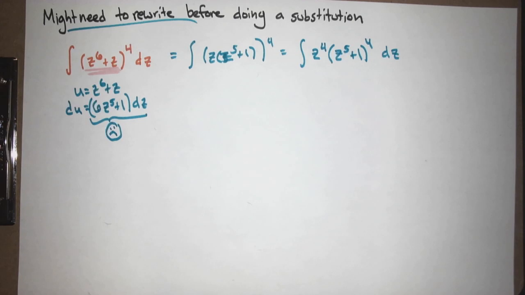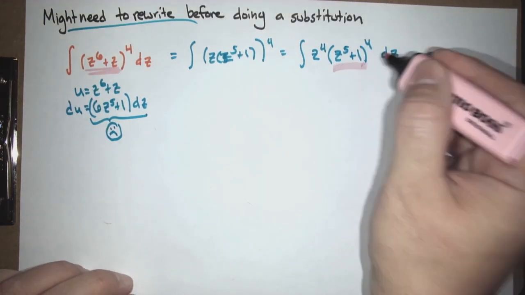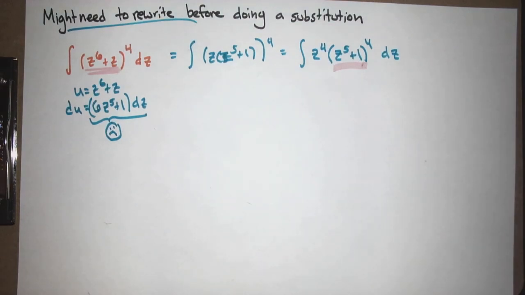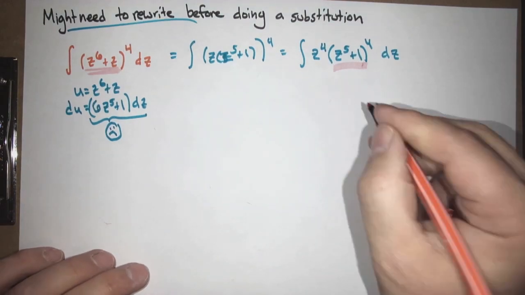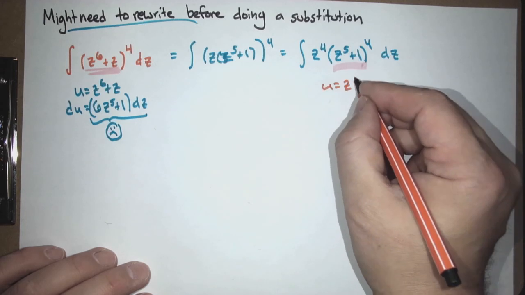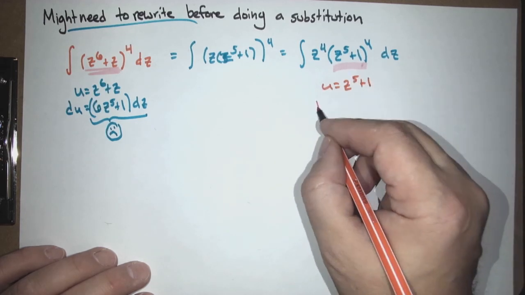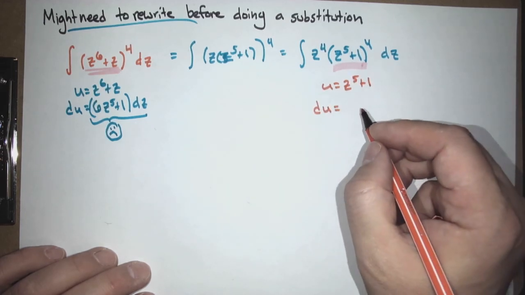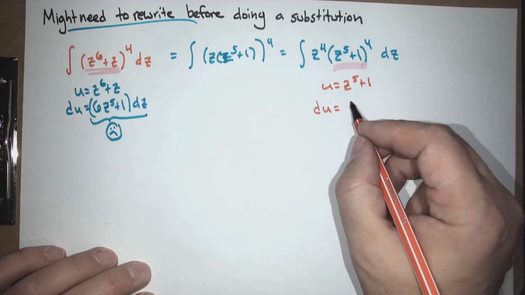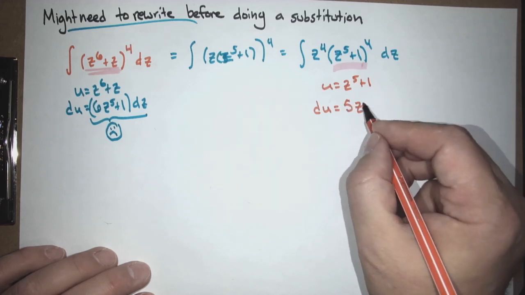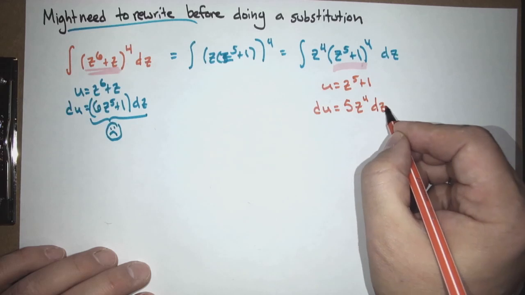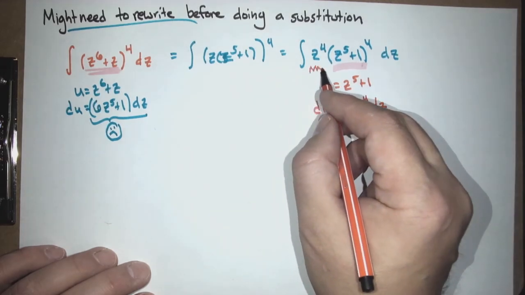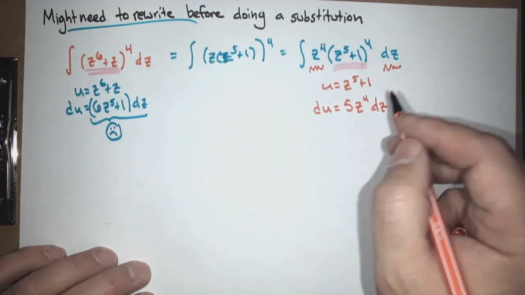Let's try something here. What's a candidate? z to the 5th plus 1. Okay, well, let's see what happens if we try that. We try u equals z to the 5th plus 1. What is du? 5z to the 4th dz. And we say, well, good news, we got a z to the 4th, we got a dz, but we don't